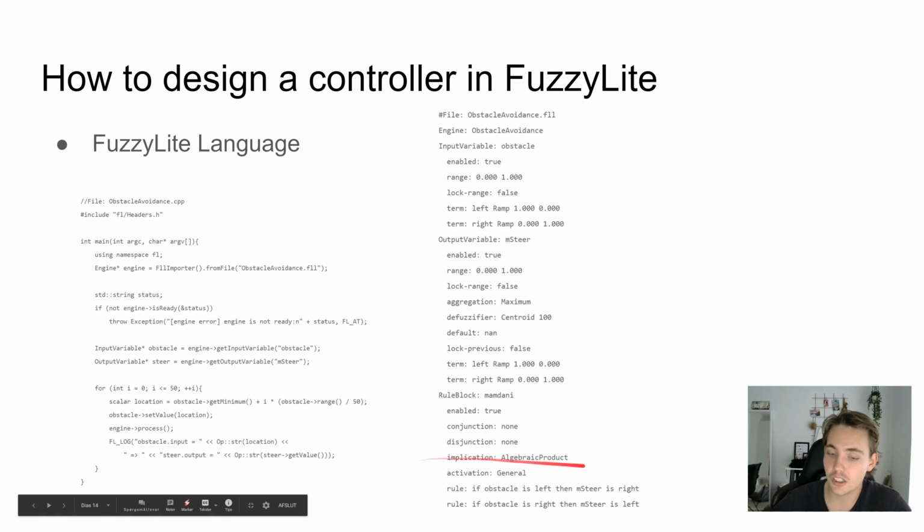But we can just specify all the rules we have in our rule base. So the first rule here is: if the obstacle is left, then M steer is right, and if the obstacle is right, then M steer is left. You can set up an arbitrary number of rules down here in the rule block, and we can specify other